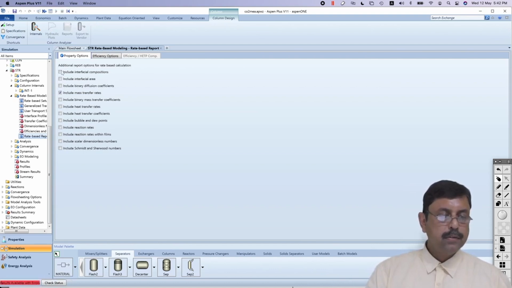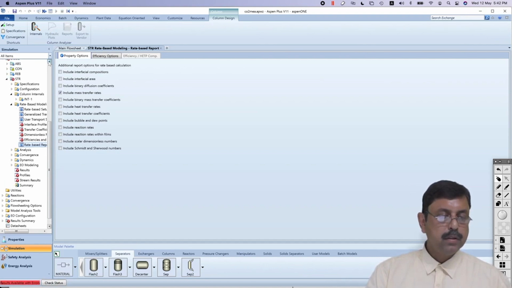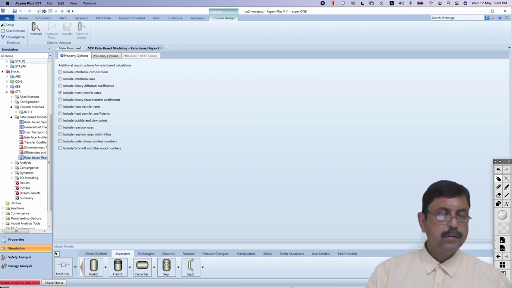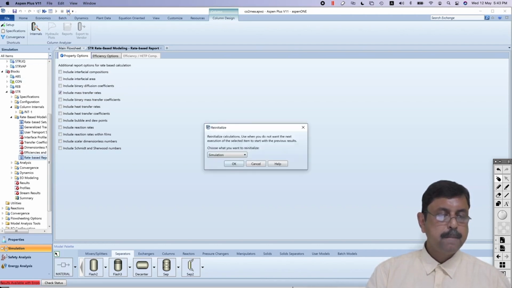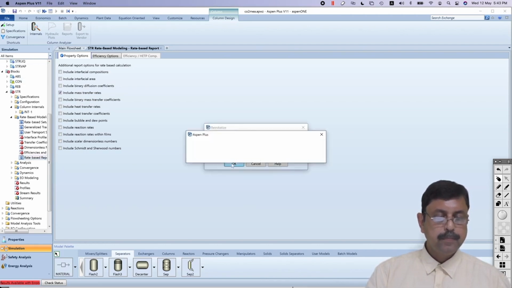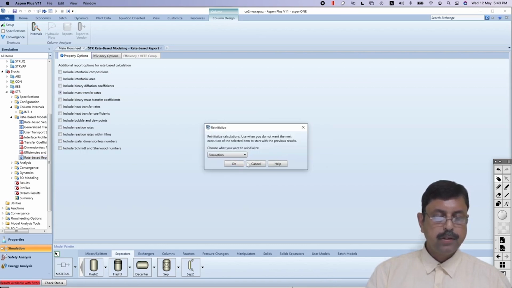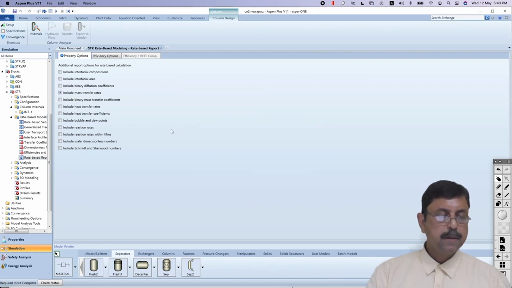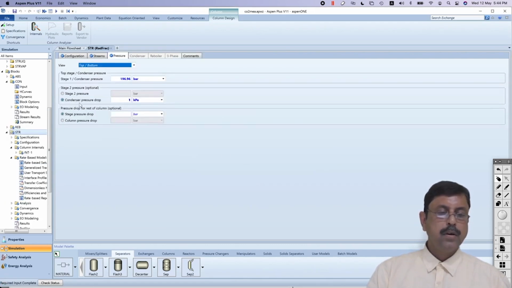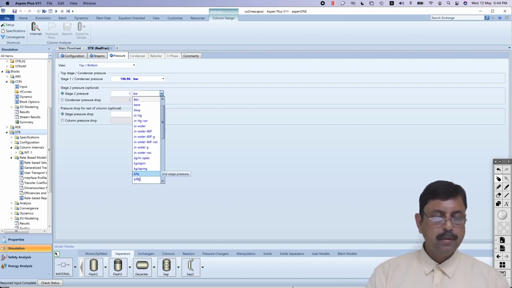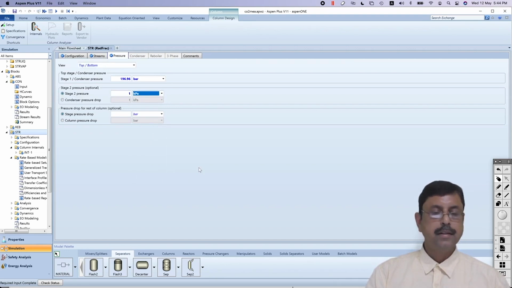Okay, so there is a problem with condenser and stripper. Let's check what. Okay, so here I have given condenser pressure drop of 1 kilopascal. Instead of condenser pressure drop, we have to say stage 2 pressure drop, because there is no condenser in the system. And again,